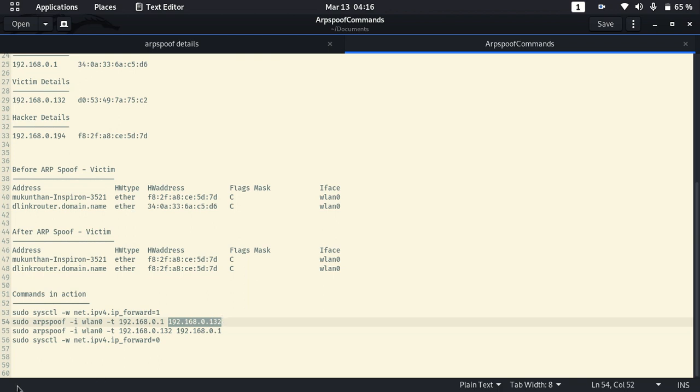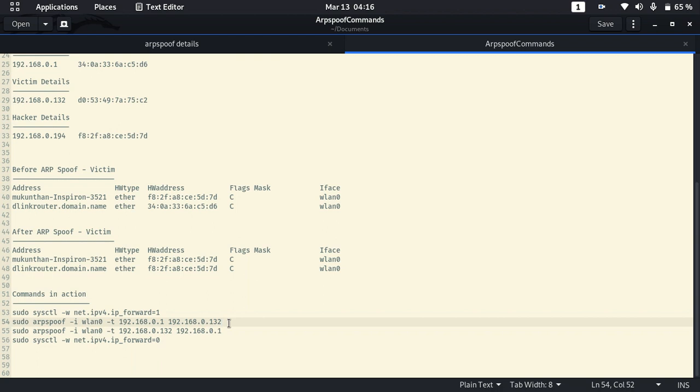And there is another way you are going to do the ARP spoofing. Now this time the target will be your victim. For the victim you are going to tell it I am the router. So that's the reason in the second part it will be interchanged, so you will be having the router IP address. Let's execute these commands, but these commands have to be executed in two separate terminals.